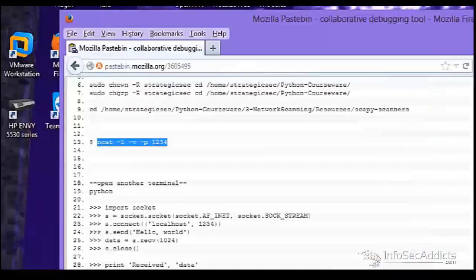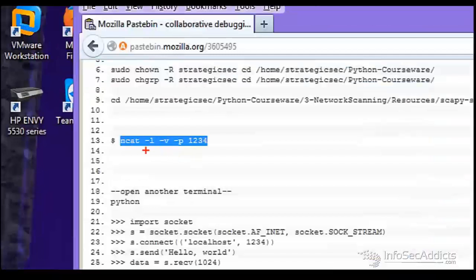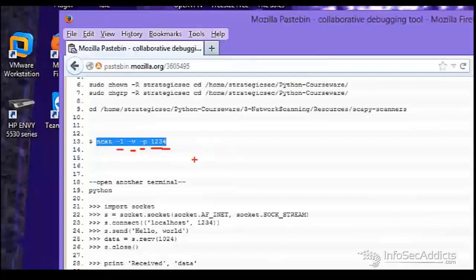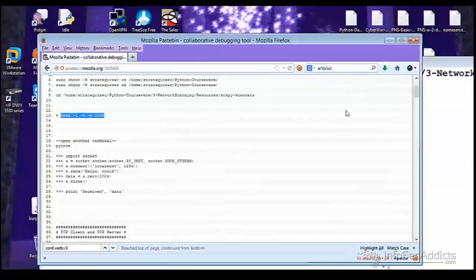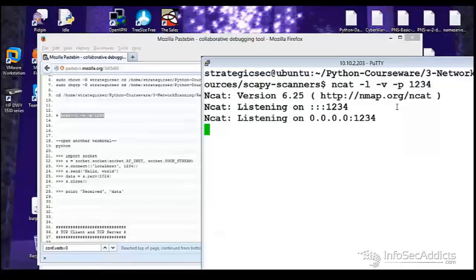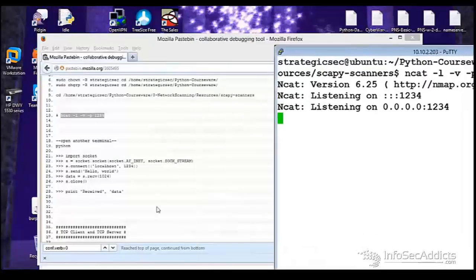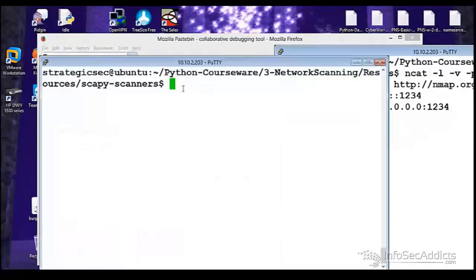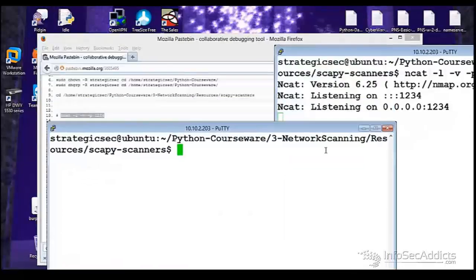So what it wants me to do is use ncat and start a listener. So I'm going to start a listener, ncat, listen, verbose, just more output, on port 1234. So there, I'm listening on this port. Now, in my other window,